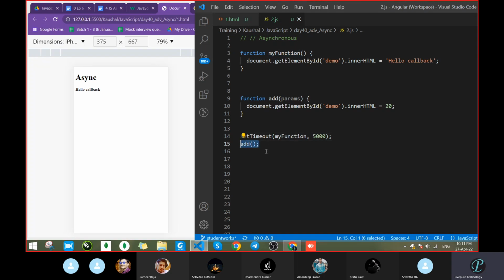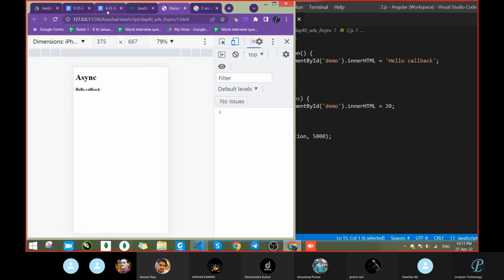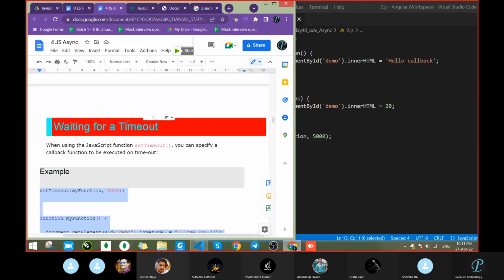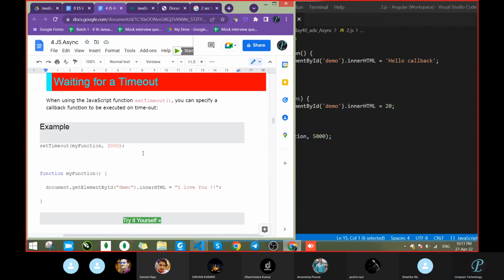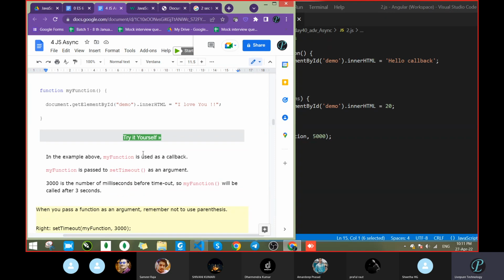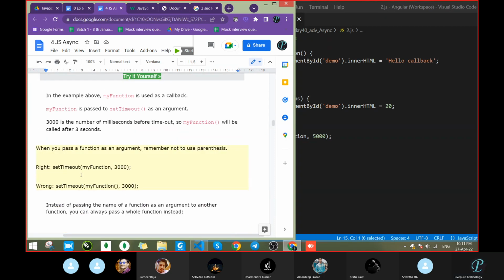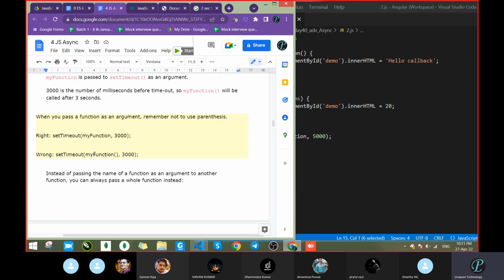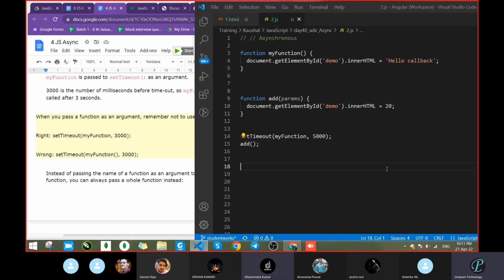What was I telling actually? But what is going on here? We are calling this function after 5 seconds.